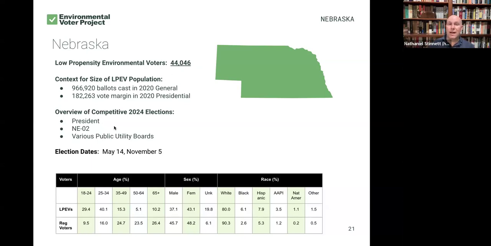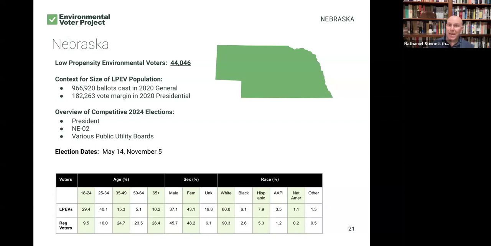As you'll see, there are a lot of competitive elections coming up in Nebraska, a lot of state legislative elections. We'll get into some of that. Certainly that Nebraska 2nd congressional district, and we're going to get into some data on that. The presidency, because of that 2nd district. And also, as many of you know,